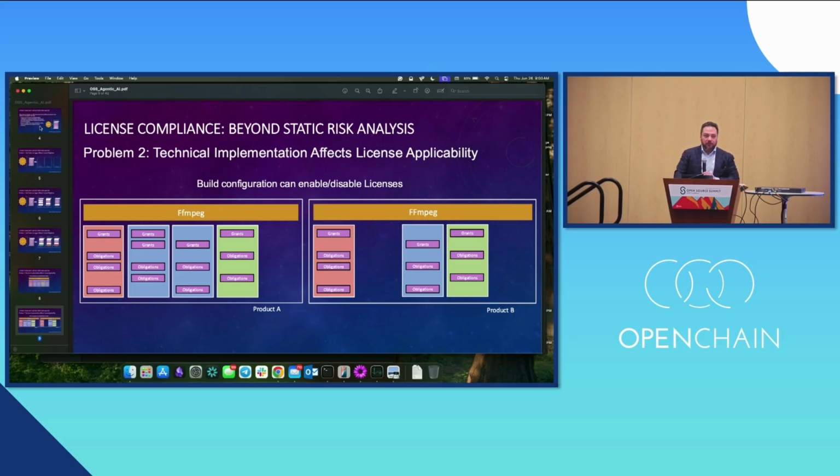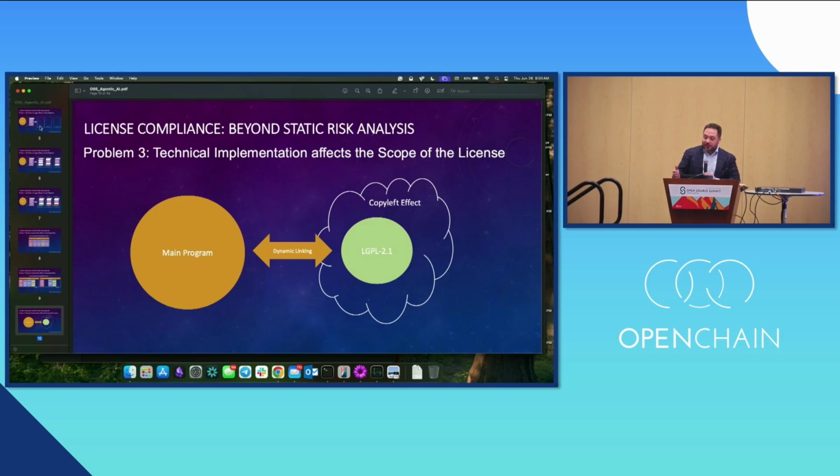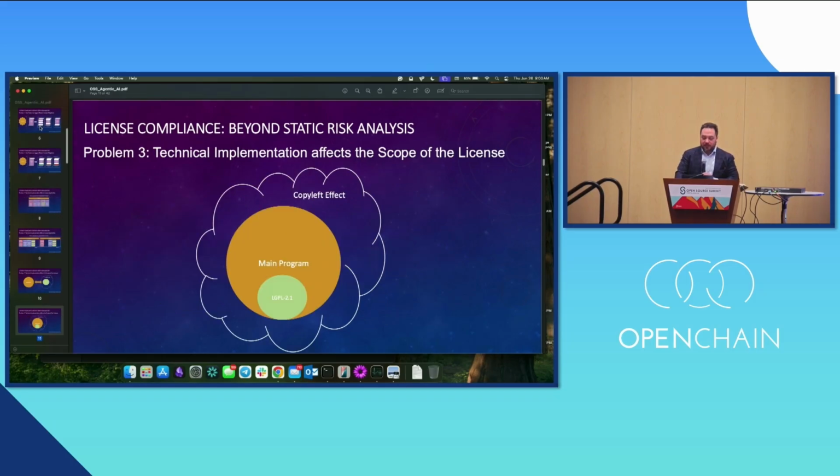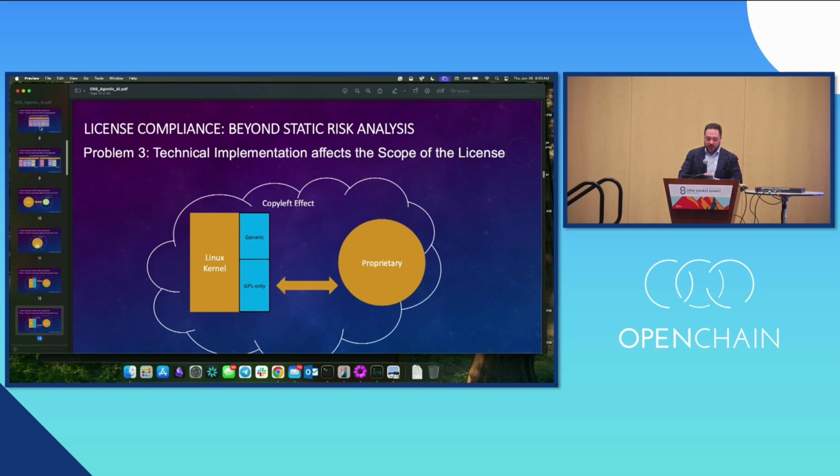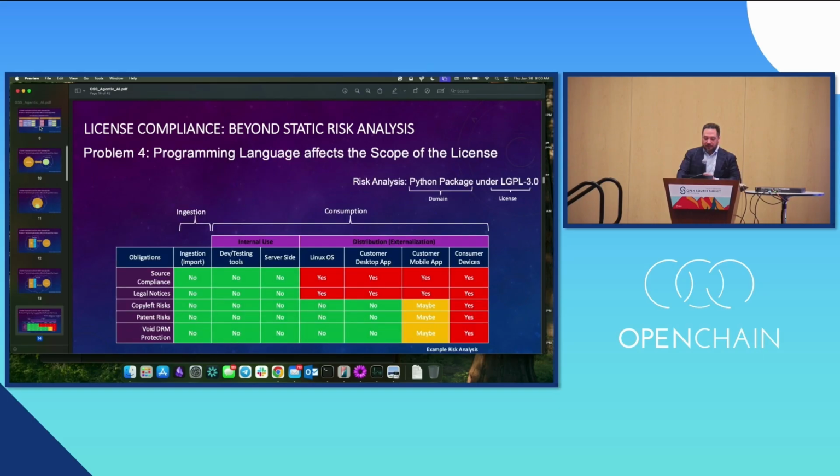I know that a lot of people prefer to just use a scanner, but the truth is that the scanner is going to show you the heavy lifting of what they identify, but you need to understand how it works. Also, there are additional cases like implementation. We used to worry for certain licenses about how you link dynamically or statically to understand the scope of the copyleft effect, for example, how it affects your product. But today it has evolved into way more complex cases where you need to understand what APIs are being used, to understand what the covenants are specifically for the license, patents, and other obligations. Because the scope of a copyleft, for example, is going to affect differently.